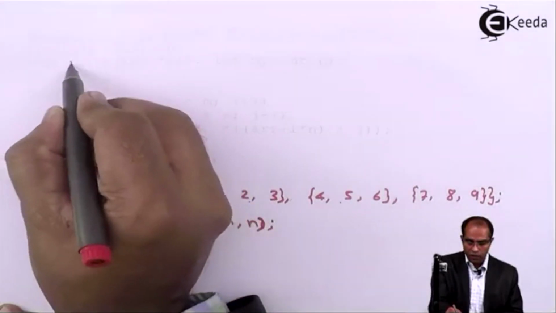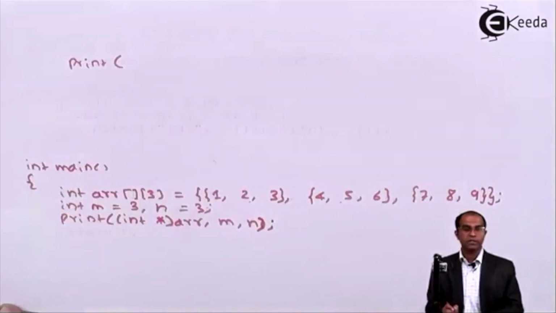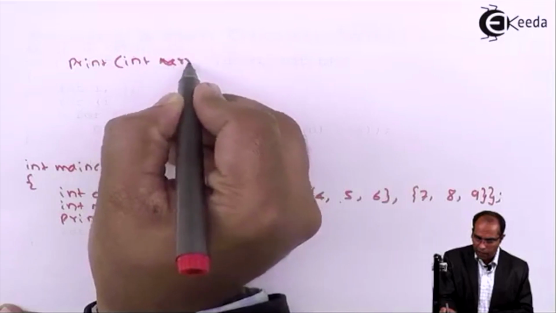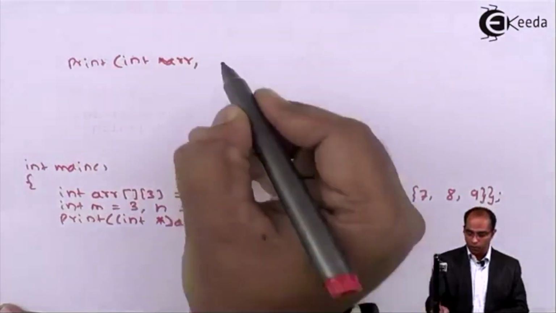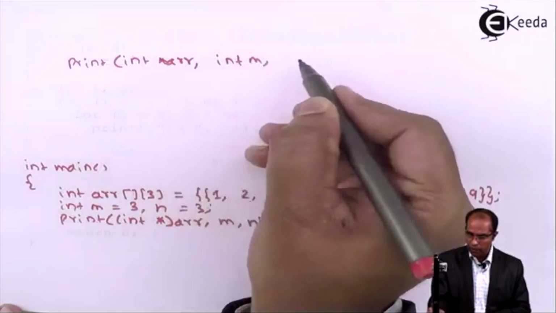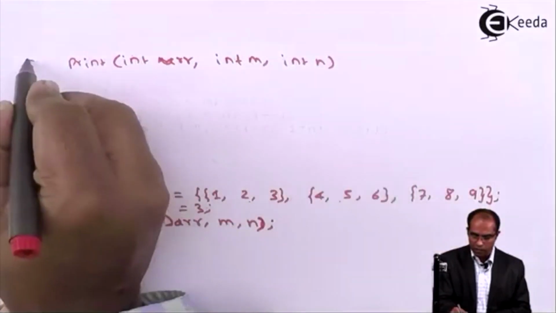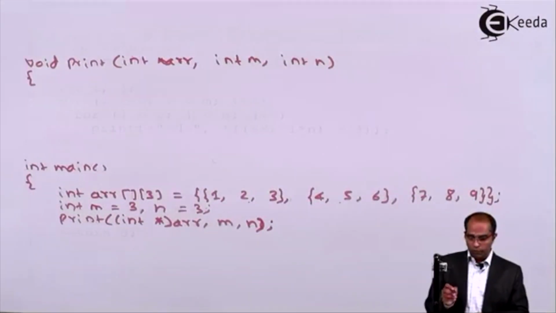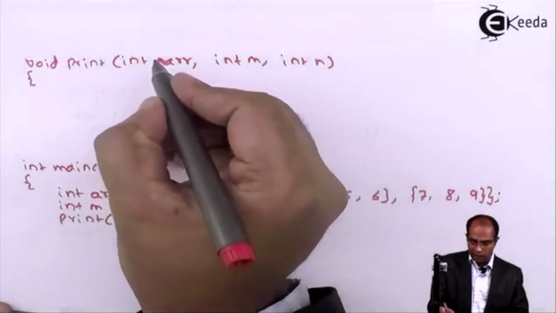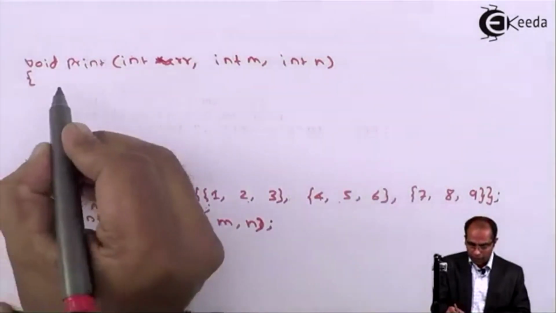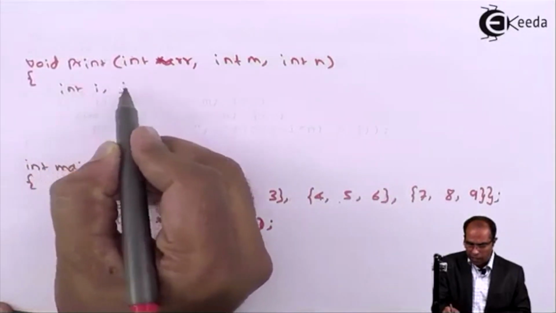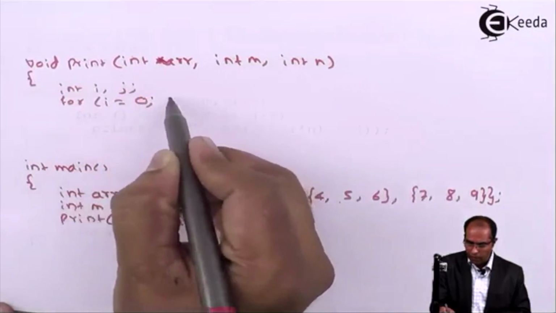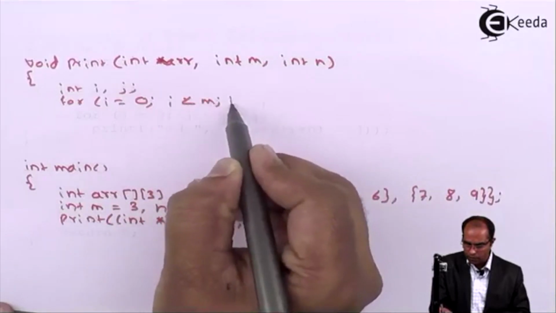So on the other hand, you have to use pointer conventions for handling this. The first parameter is a pointer. So let me say int asterisk arr, comma, the number of rows m and the number of columns n. The function doesn't return any value, hence it is void. Whenever a pointer is passed at the other end, I have to collect it as a pointer. Now let's define the rows and columns as i and j. The same good old for loop will help us to access the values.